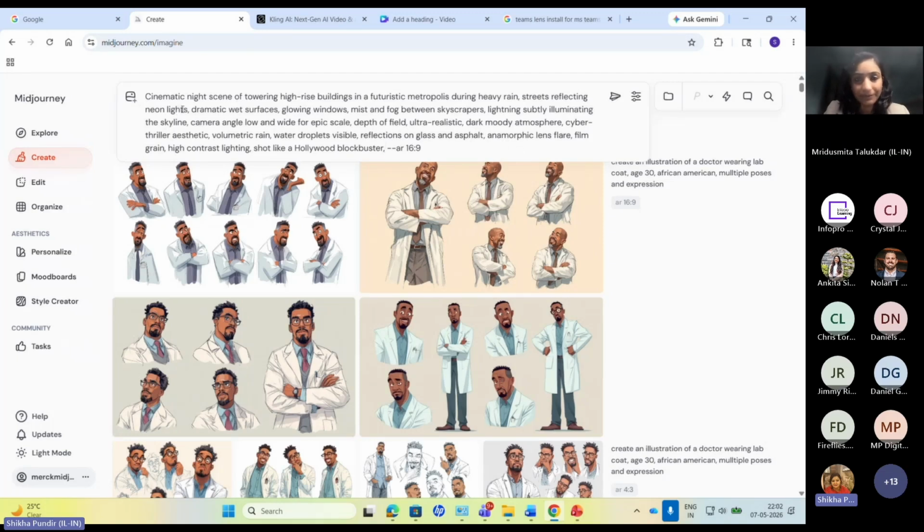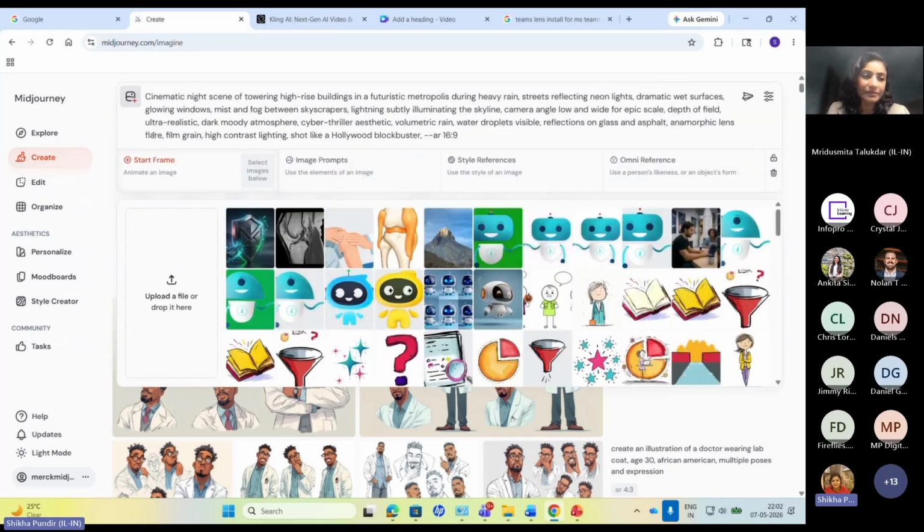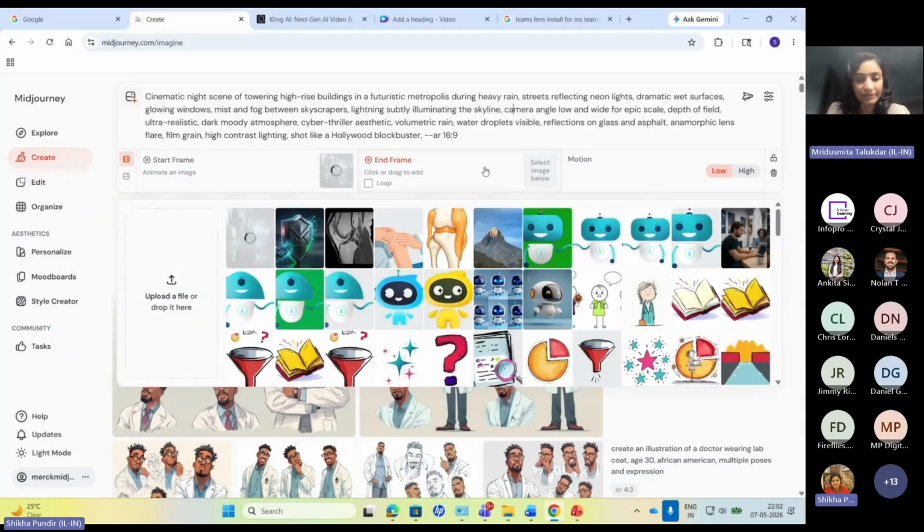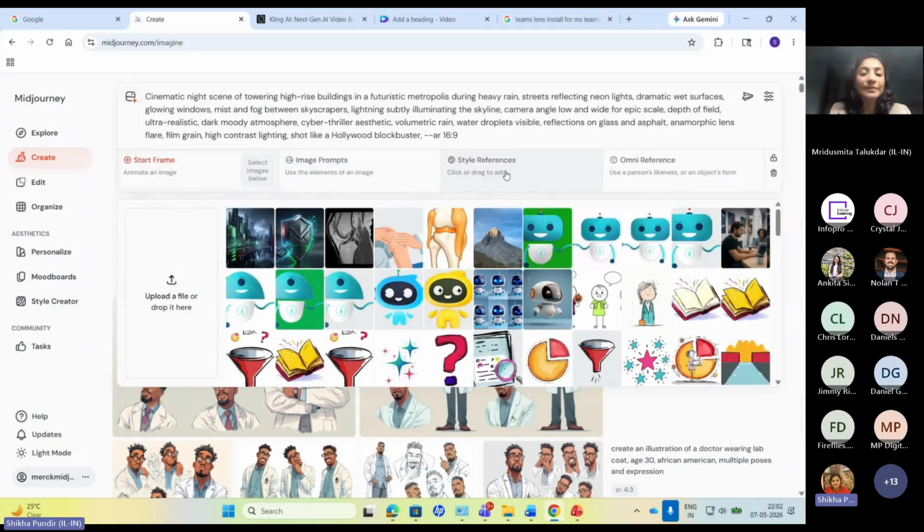But just a tip from my side, because I've been using these tools for quite a long time. The tip is, before putting any prompt or maybe after putting it, if you want to give a proper indication to the tool that you want your imagery to look like something you have in your mind, something you have seen as a reference somewhere, you can go here, upload the picture and put your picture on the style reference.